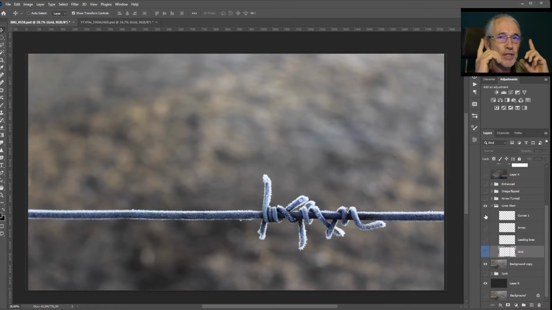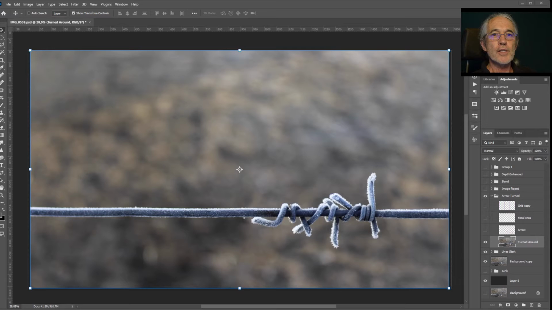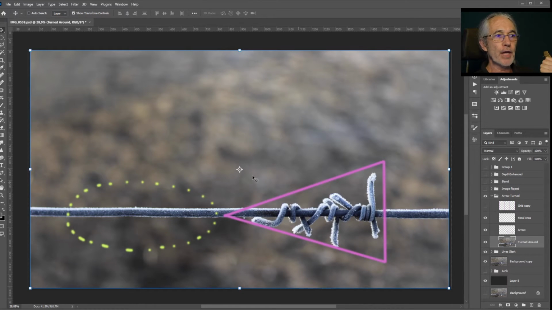And the solution is that you've got to build the whole frame up in a different way. Can we work it better? And let us see if we can learn something from it. So to resolve the issue, I just flipped the bob around. So this now gives us an arrow pointing that direction. The focal area where our eyes end up is not pushed against the side of the frame.